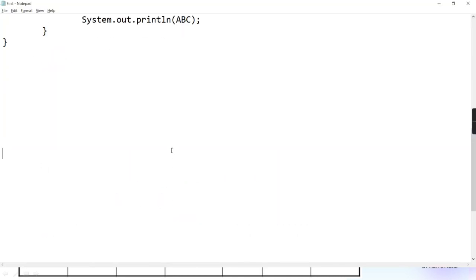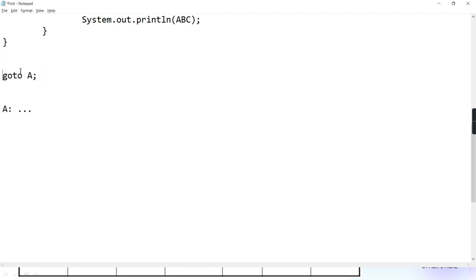Like in C and C++, if I write goto and some label A where some code is there, it was allowed. So goto used to take the control to that label A and then run it. So you cannot use such flow transfer from one point to another using goto in Java. But still Java has kept this word as reserved.